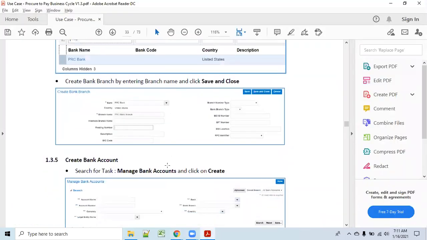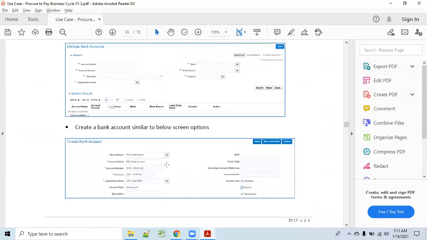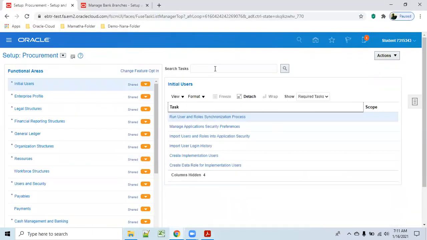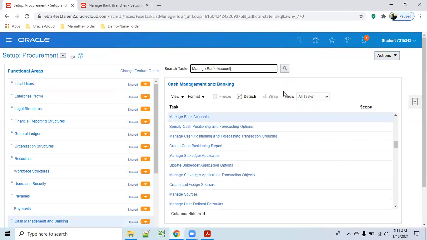Bank branch, bank account. Manage bank accounts. If you're not finding it, then just search bank account. Somewhere in cash management. Why is it not showing?